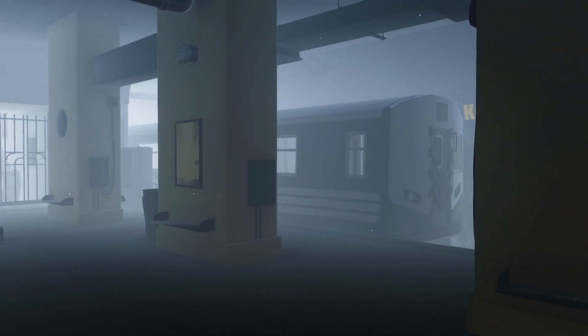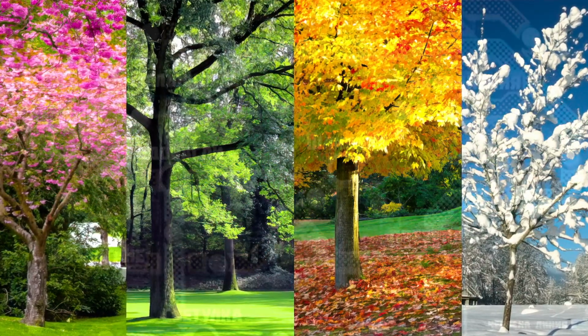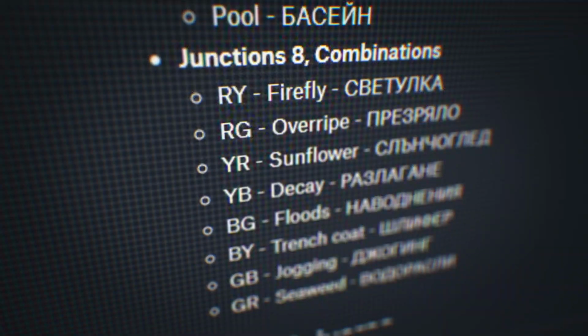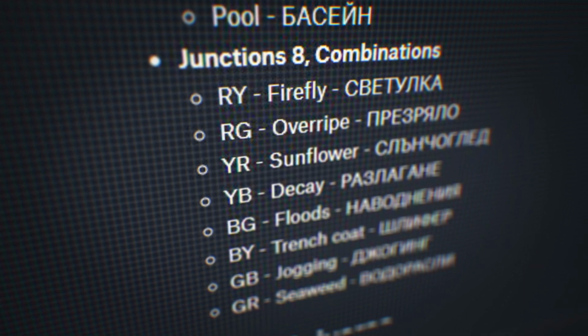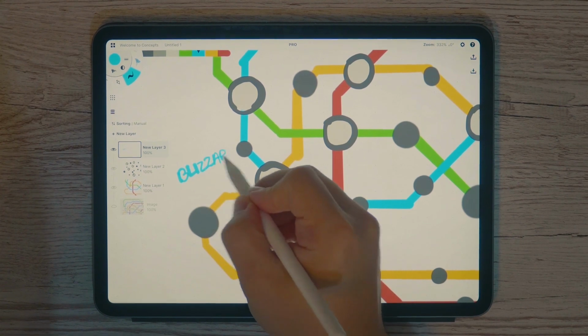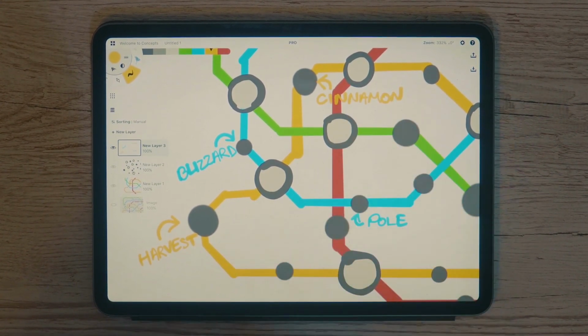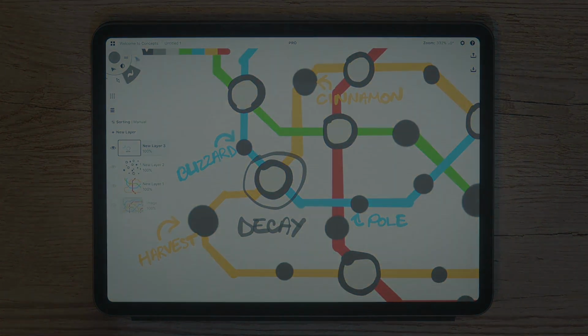So each of the 4 colored lines ended up representing a season of the year, and each of the small stations on that line has a name representative of an object or activity related to that season. The big junction stations are using words that combine the 2 seasons intersecting at that specific point. For example, at the intersection between winter's blizzard and pole and autumn's harvest and cinnamon, we have decay. And speaking of decay,